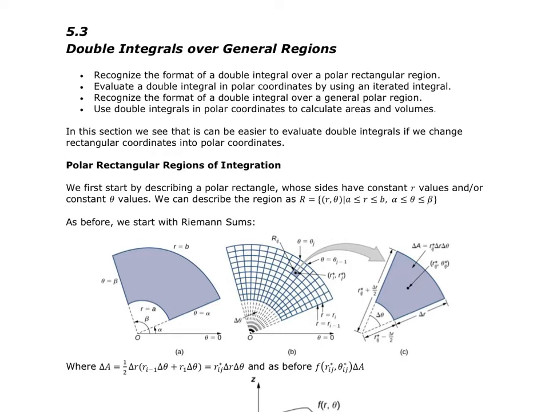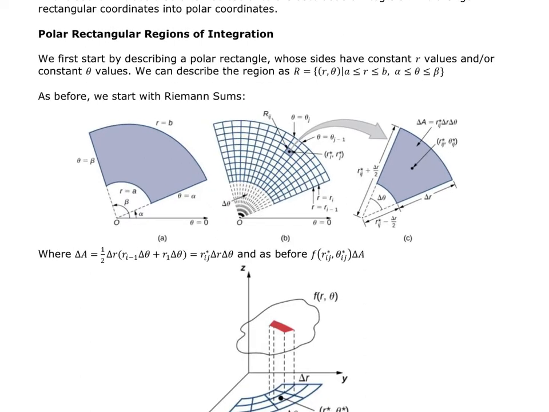In this video, we're going to look at double integrals over general regions with polar coordinates. So the first thing we're going to do is start out defining what a rectangular region is in terms of polar, just like we did in section 5.1 when we first learned about double integrals over rectangular regions. So the way that we describe a rectangular region in polar coordinates is going to have some